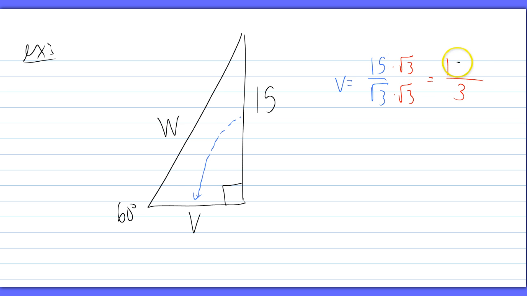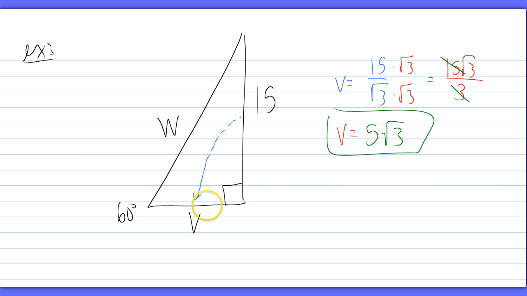And the numerator becomes 15 root 3. So V looks a little bit better than it did before. One more step in this one, though, is to simplify those coefficients, divide this by 3, divide that by 3, so V is equal to 5 root 3. So there's one of our answers. There's the short leg. There's the key. There's the most important one. Because now that we know this one,